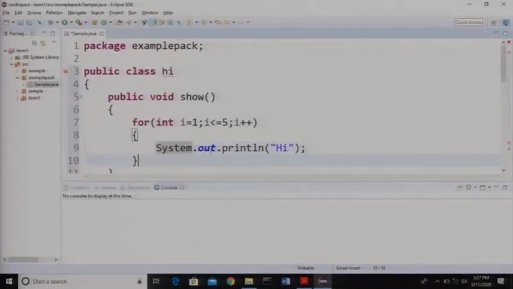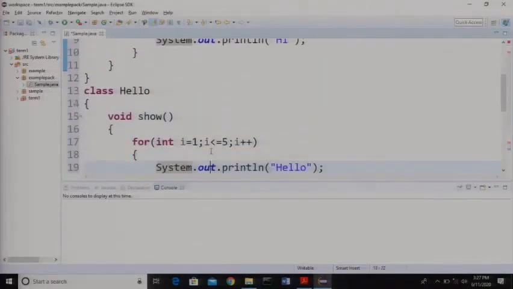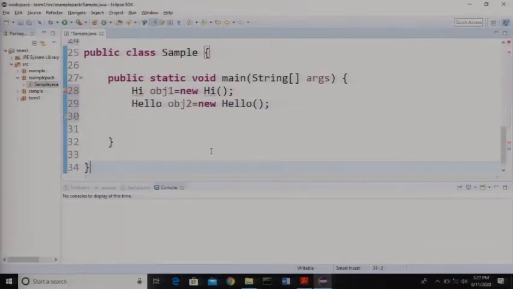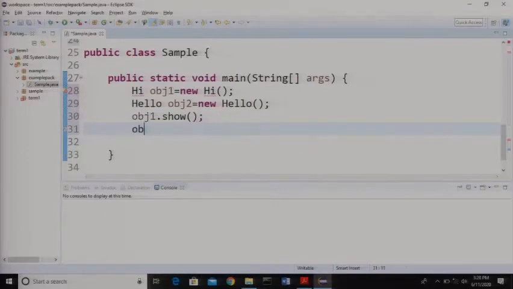Then we need to call these methods. So how do we call that? Using these objects. Object1 dot show, and then we have object2 dot show.